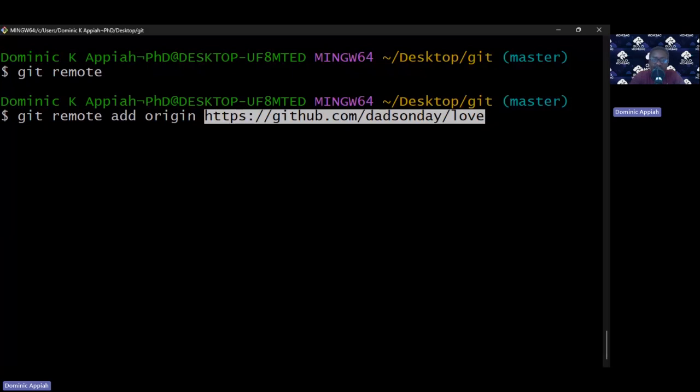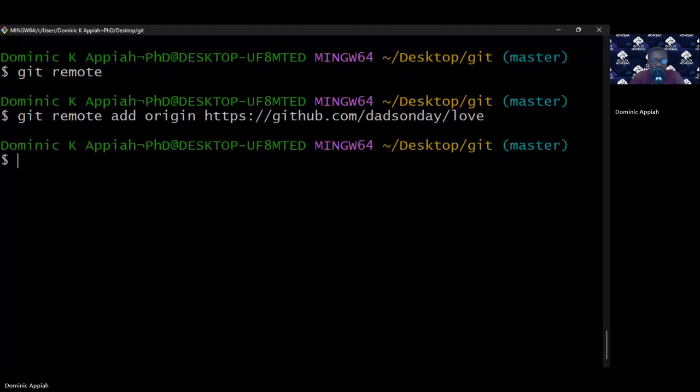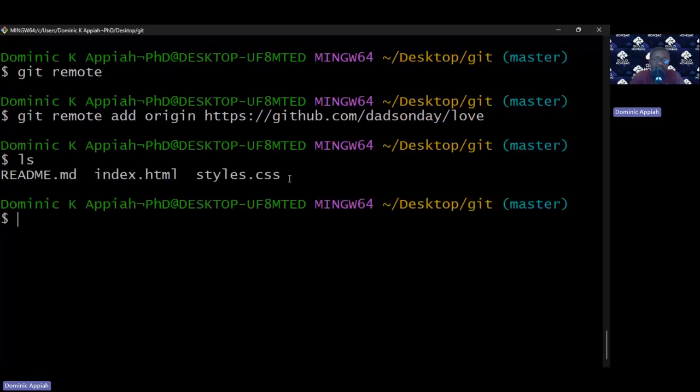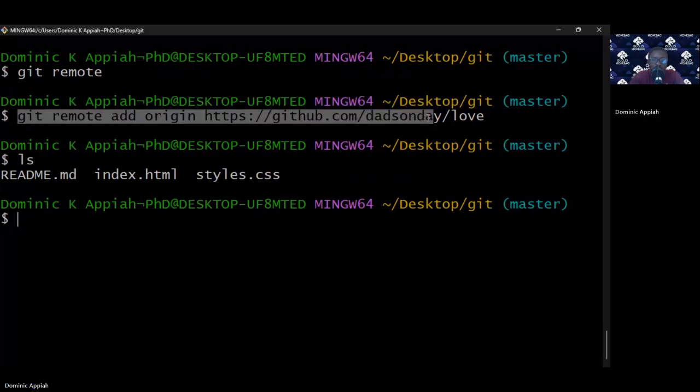And when we press enter, okay, it has pushed all these files we have here, let me ls for you to see. When we go to the GitHub account on the web, we should see them there, because this single line of command has pushed everything that we have on our local machine